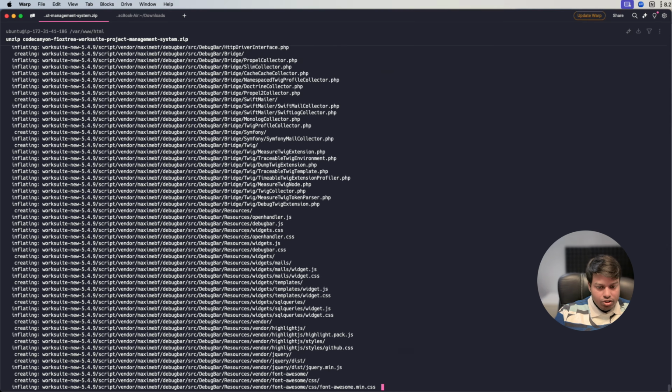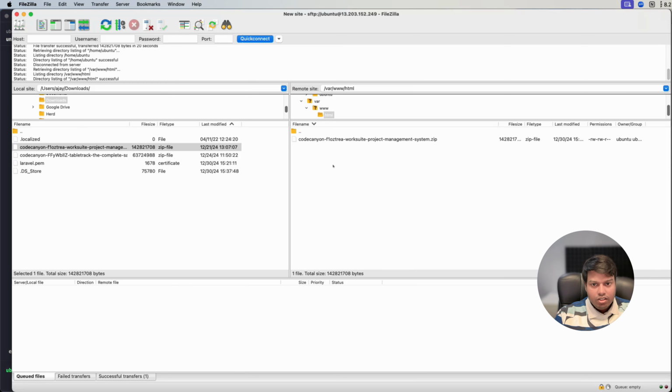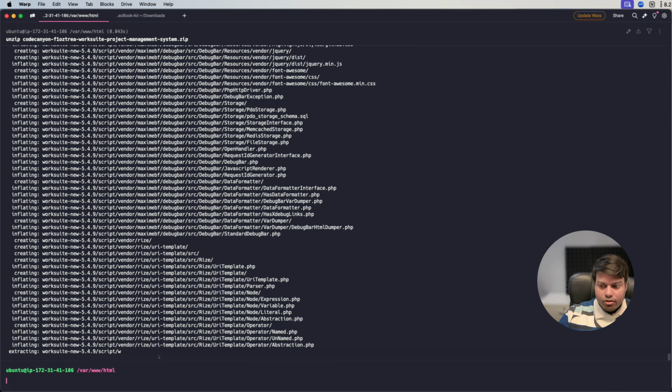You can also see, open FileZilla and click refresh. So you can see the new folder is there now. This is because of the unzipping. So the files are unzipped. So the next step will be, in our case, specifically for the